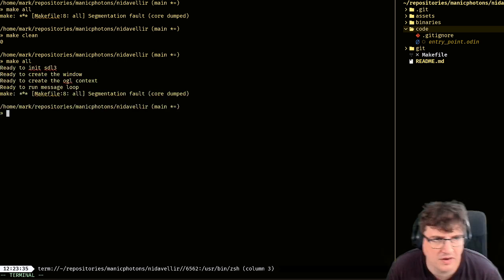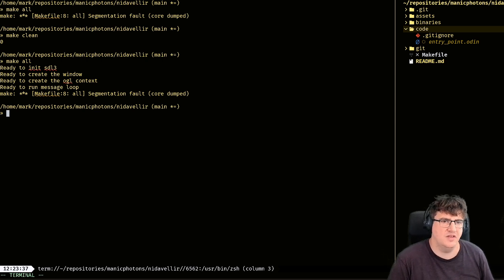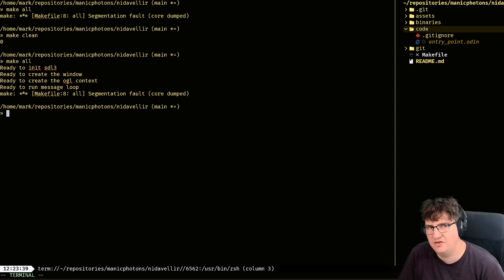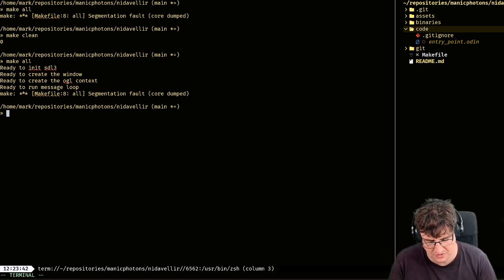So ready to create the message loop. So the segfault is happening within the message loop. That's interesting.